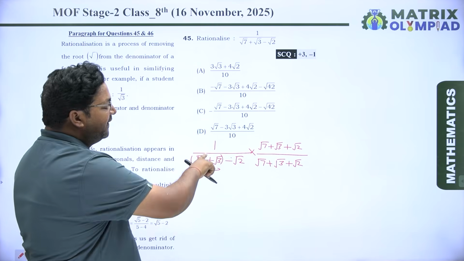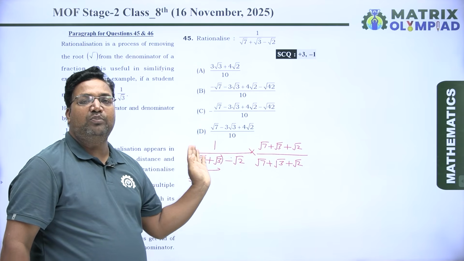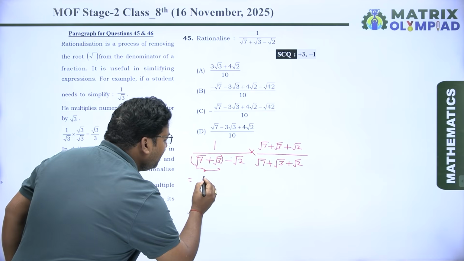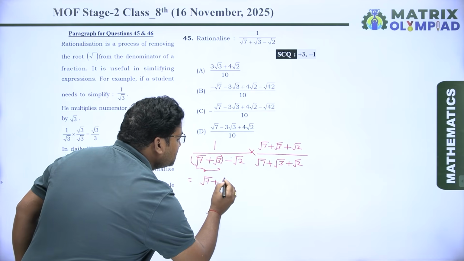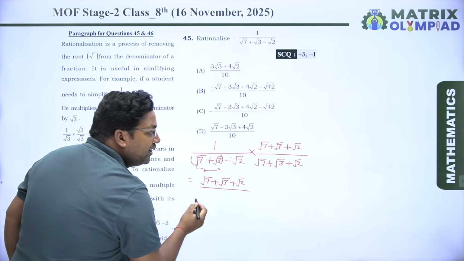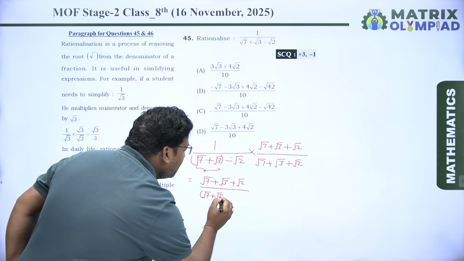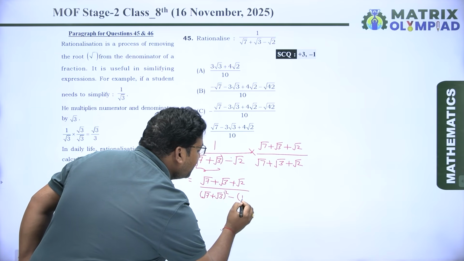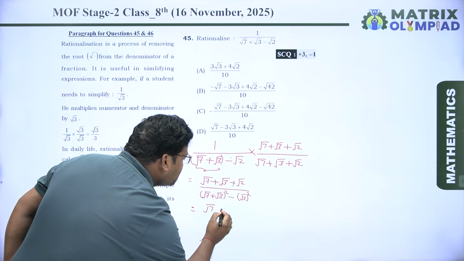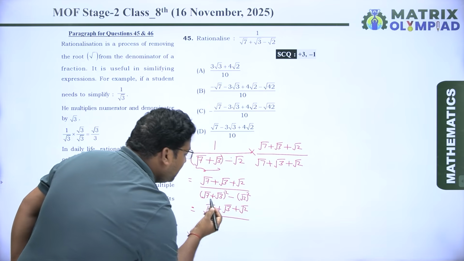Here you can see, this numerator is 1, this numerator is this. So we have to multiply numerator by numerator, denominator by denominator. So in numerator we will get √7 + √3 + √2, upon, in denominator we will get (√7 + √3)² − (√2)². So we will get √7 + √3 + √2 upon, here you can see